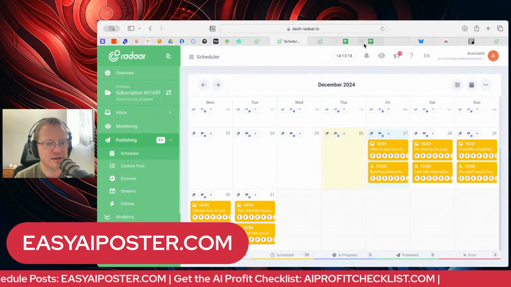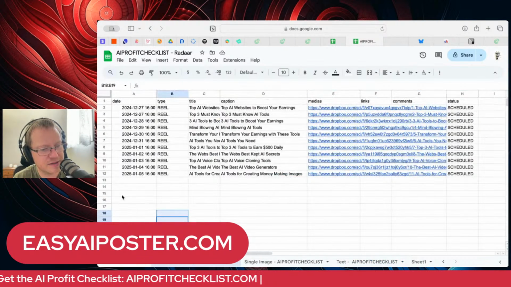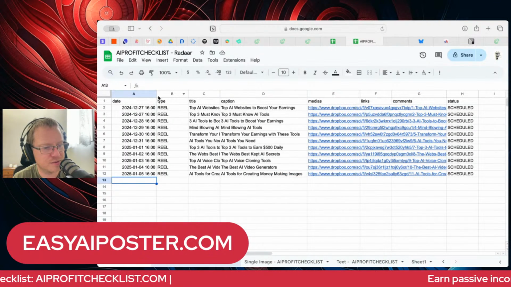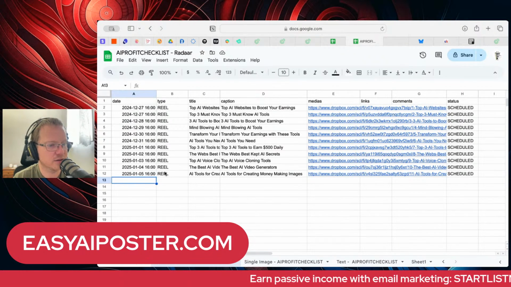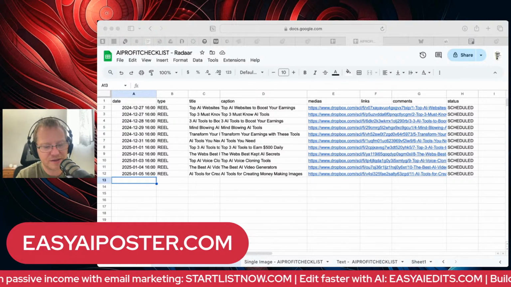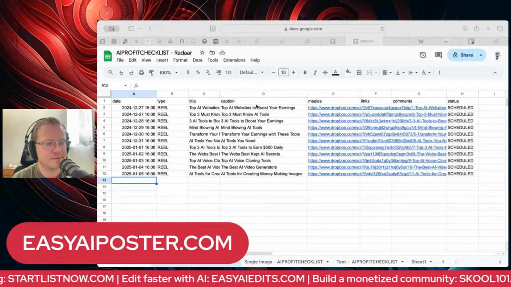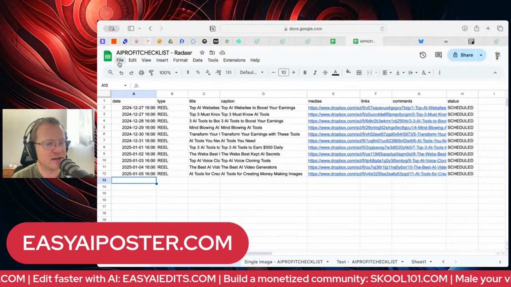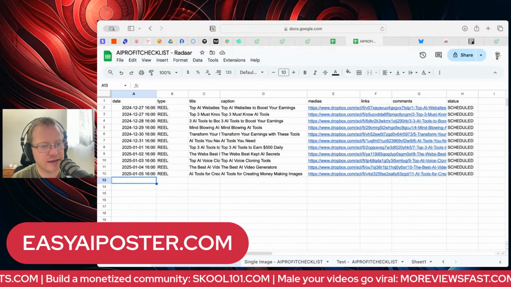Let me just double check the CSV file, make sure that there was nothing wrong with it. I didn't mess anything up. Yeah, it looks all good. All right, I'm going to export the CSV file again, just so it's a fresh one. It might have just been because I was doing everything at once. This is the first time I've ever had an issue with that, but CSV, download that again.